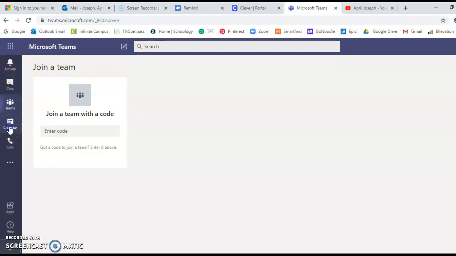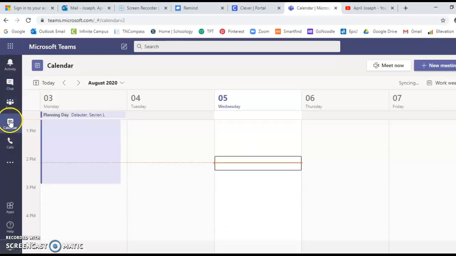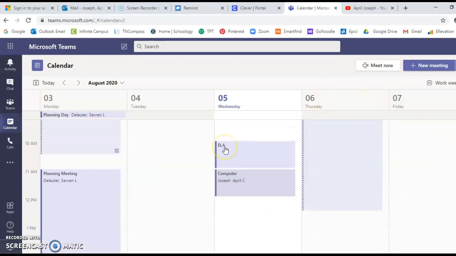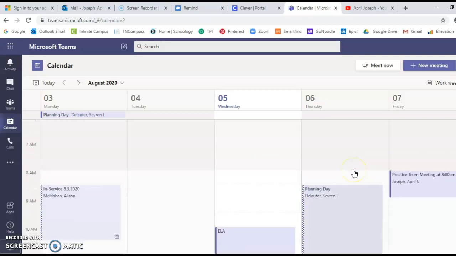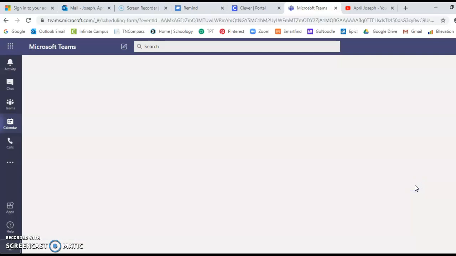If I go to calendar on the side over here, it's going to show me all my team calls that I have to go to for the day. So you can see I've been in team calls before, but I'm going to go to this one because this is the one that's going to be on your computer. So on Friday at 8 o'clock in the morning, there's a Zoom call. You're going to click it,